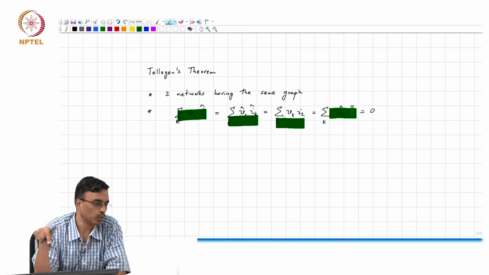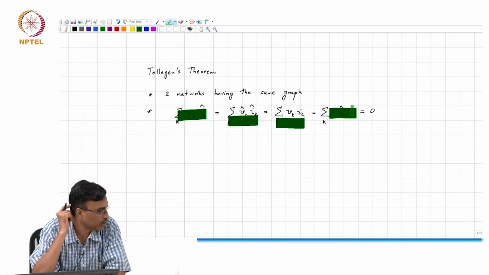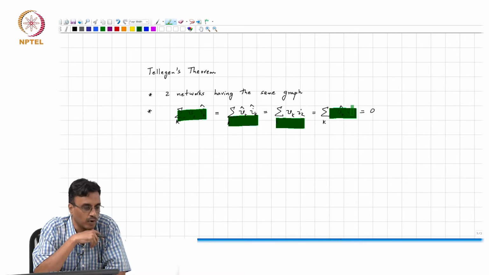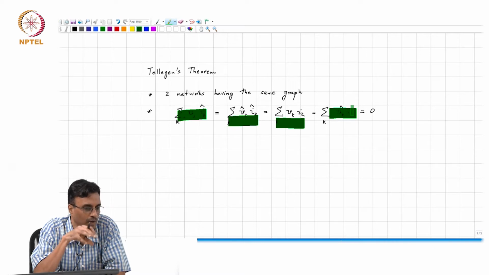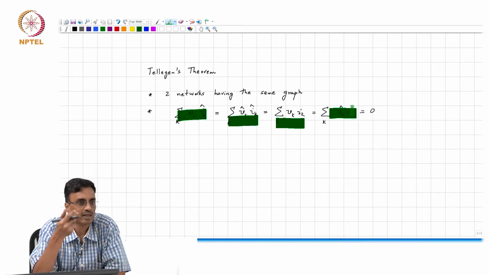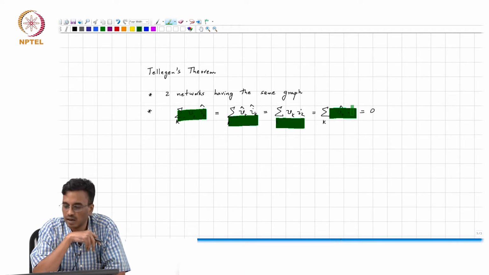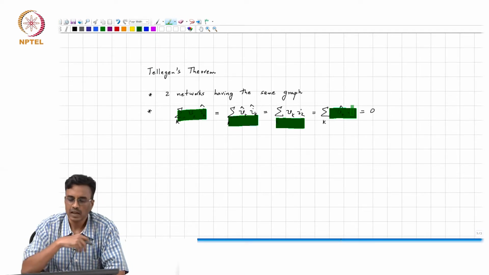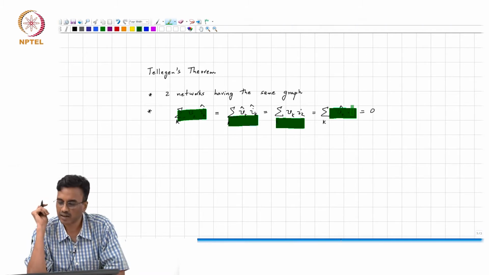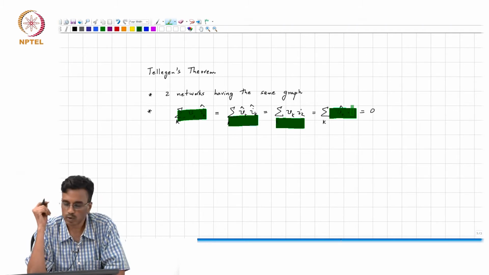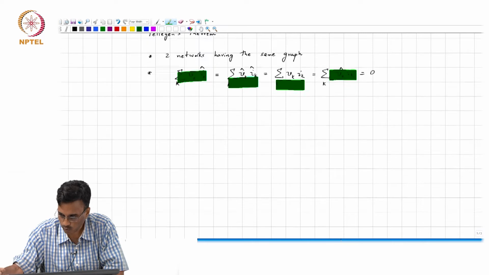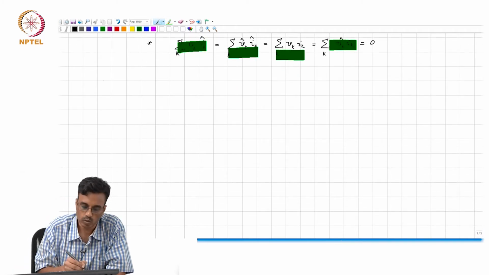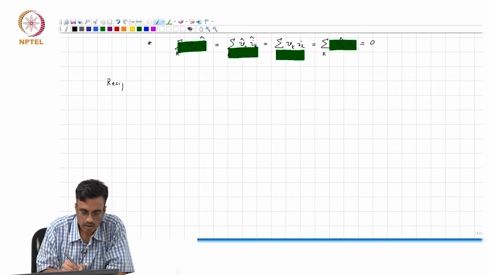All that we did was to put in parallel with every branch of the network a current which flows in the opposite direction with a value Ik hat. If you now apply power conservation to this network, it is apparent that you basically get the other two identities. Now, it turns out that Tellegen's theorem is also very useful to prove a whole lot of interesting theorems. The first one that I would like to draw your attention to is reciprocity.